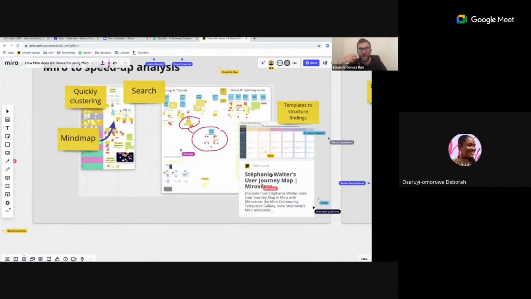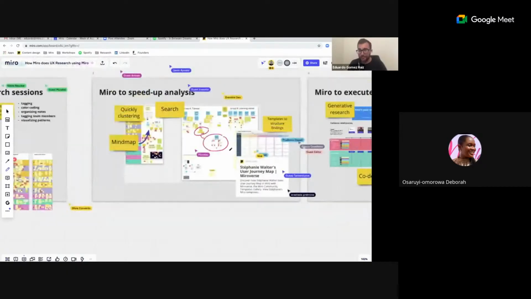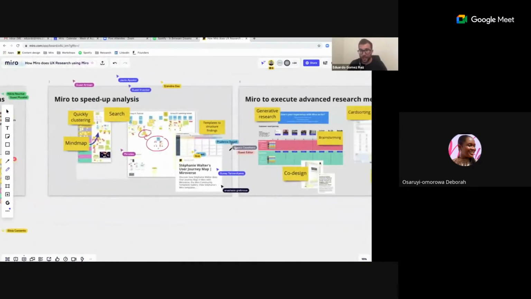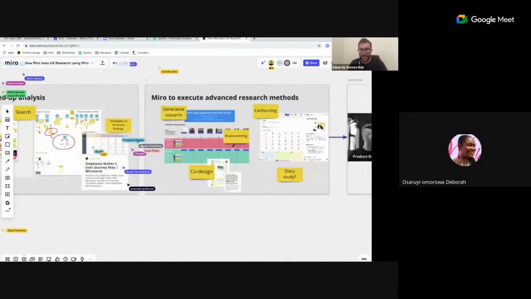I think the templates bring a lot of structure, and it's not only a time saver, but also a kind of assurance and visibility of the process. This is what we are doing, and this is why this is step 1, step 2, and here is where we're moving. Okay, I'm talking a lot, so I'm going to cover the last one and then leave you time for